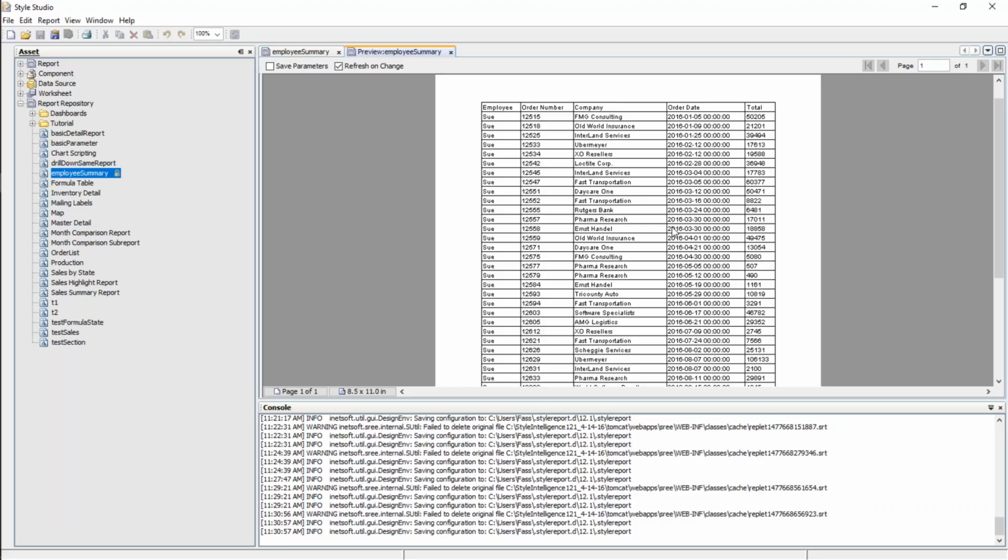And so the first example that I want to do is actually from our training course, where we create a section, and that section will contain both summary information and detail information within the same section. So that's not actually that hard to do. In fact, it's very easy to do,